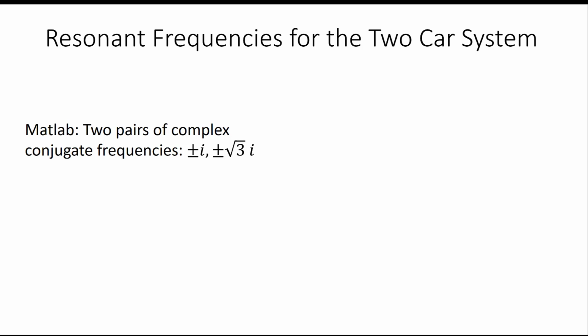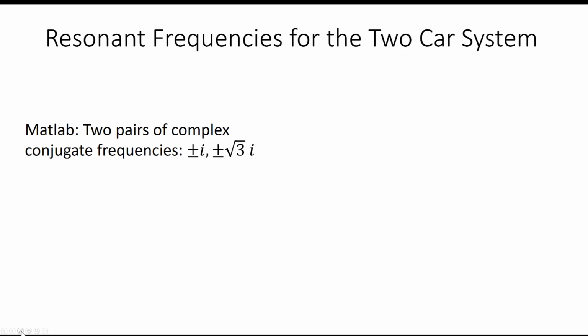In this video, we're going to discuss a quick way to calculate the resonant frequencies for a two-car system by hand. Today in class, we already verified that there are in fact two pairs of complex conjugate eigenvalues for the coefficient matrix in this system. And in our example from class, they turned out to be plus or minus i and plus or minus square